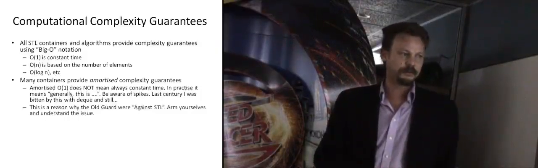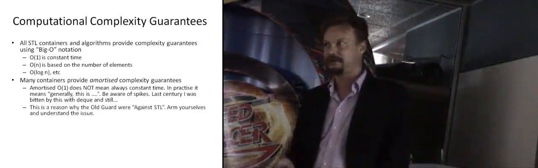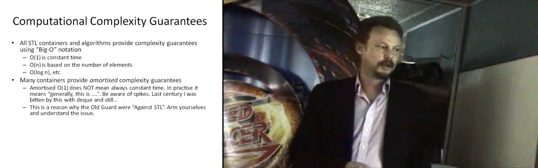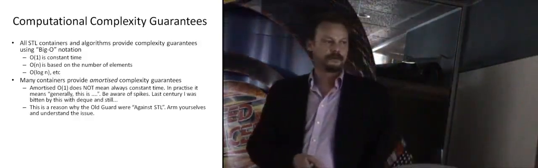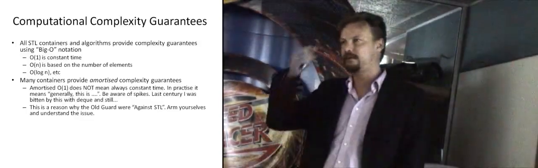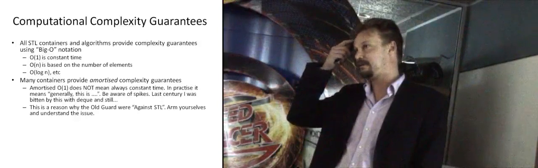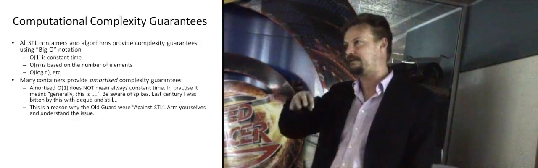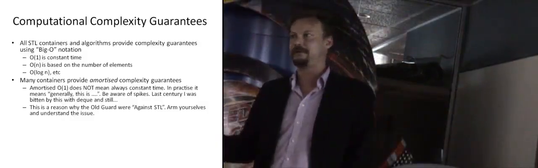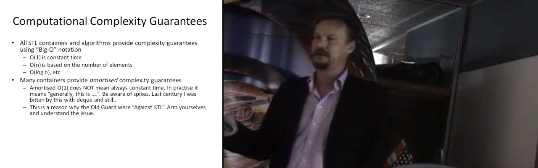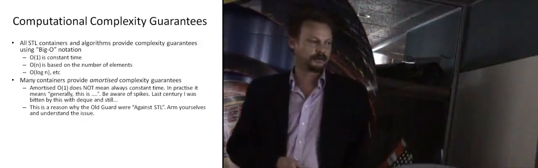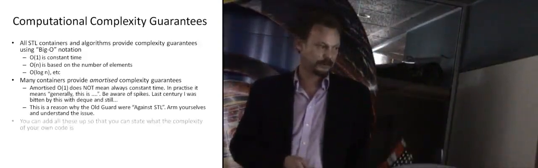One reason why people were originally against STL, and the same guys were originally against C++, and the same guys were originally against virtual functions, is that there's almost an unknown unless you're aware of it. So at first it was like, well, it can do all this stuff behind the scenes that we don't know about, and we need to have complete control. What we need to do as programmers in the 21st century is be aware of the issues so that we can still use it effectively without being scared of hidden gotchas. So understand what's going on and you won't be so afraid.